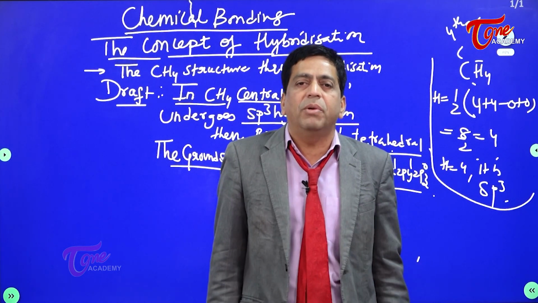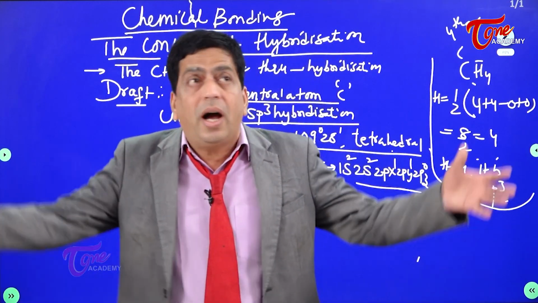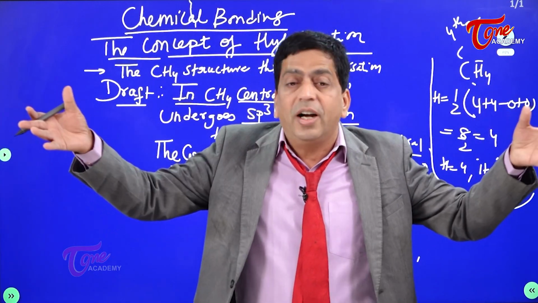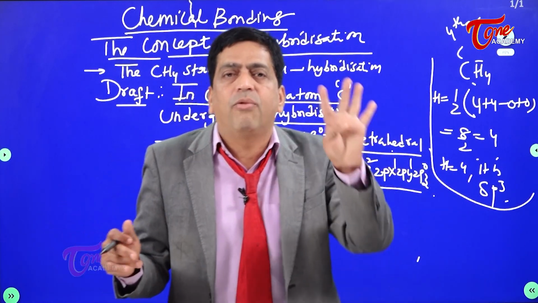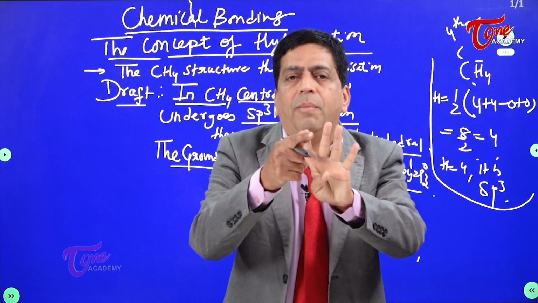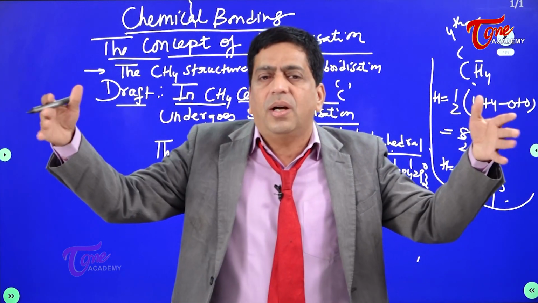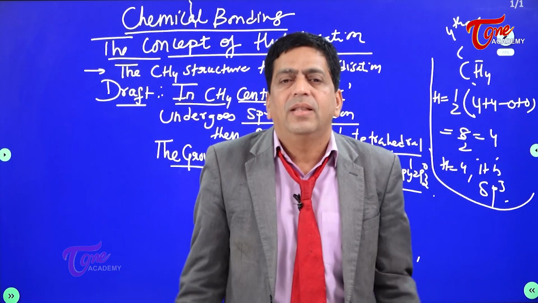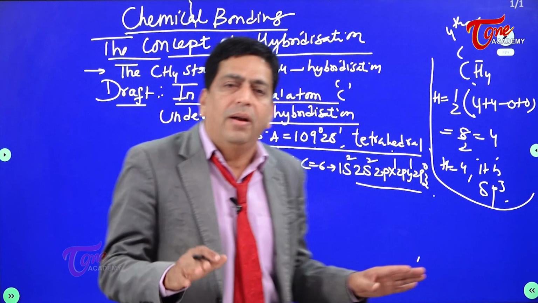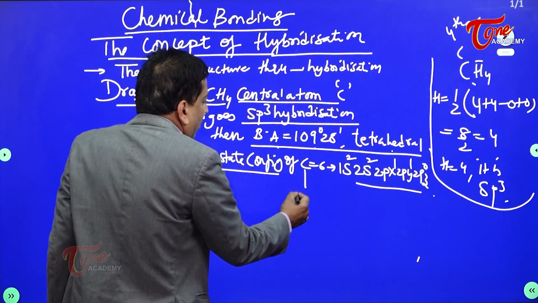Just like that, you can't participate in bonding. You need to get excited. Now, why are you getting excited? Because in methane, the hydrogens are approaching. When the hydrogens are approaching carbon, they release energy. In methane, you have 4 hydrogens. Unless the carbon is excited, you can't participate in bonding. So the hydrogens are approaching the carbon. All the 4 hydrogens have released energy. And that released energy is absorbed by carbon. So if you see here, this carbon absorbs H nu.